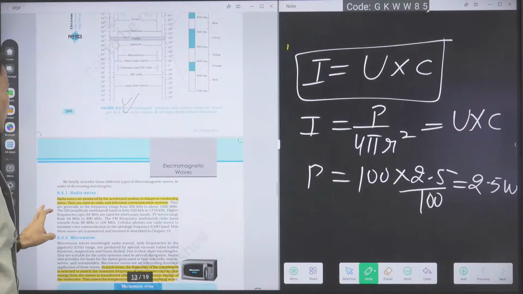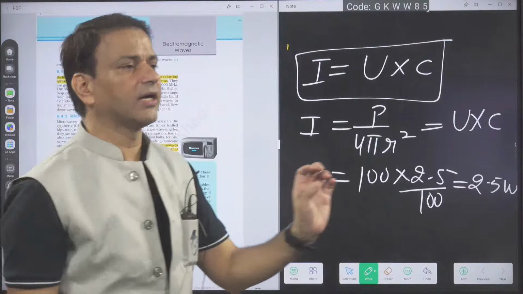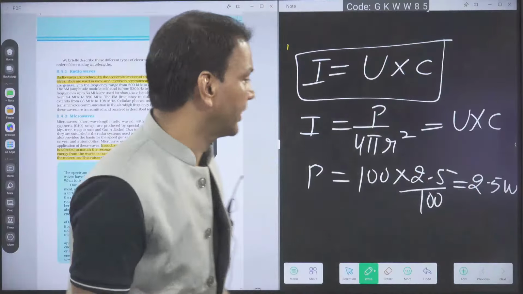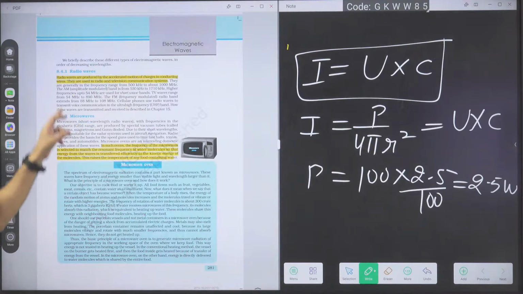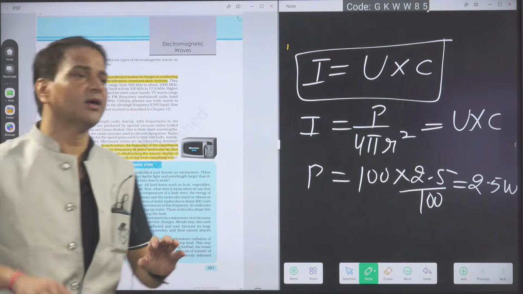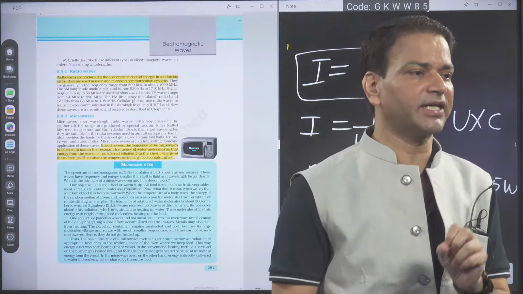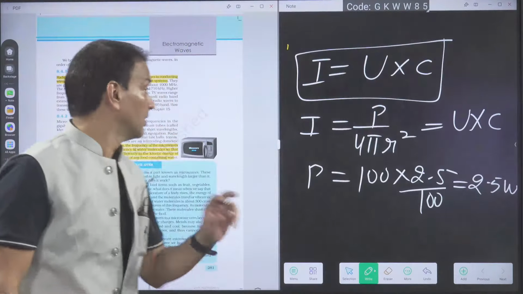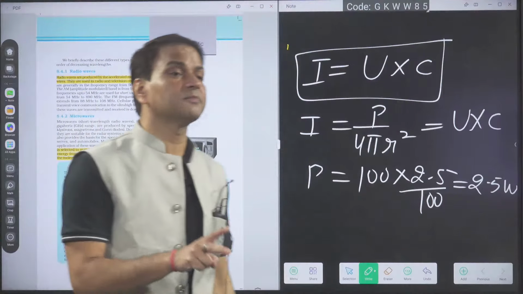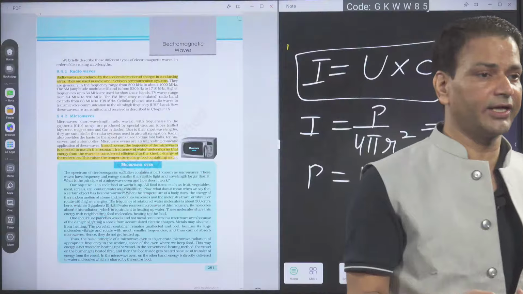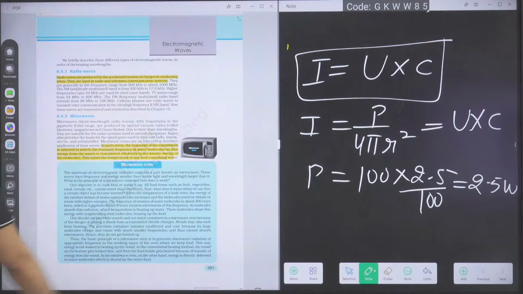Second thing, what is the usage, how are we producing these? Everybody will go through the NCERT and once again revise all these points. Radio waves are produced by the accelerated motion of charge in a conducting wire. The accelerated charged particle in the conducting wire will produce radio waves. First thing, production. Second thing, what is the use of radio waves? You can get the use in the second line. They are used in the radio and television communication system.